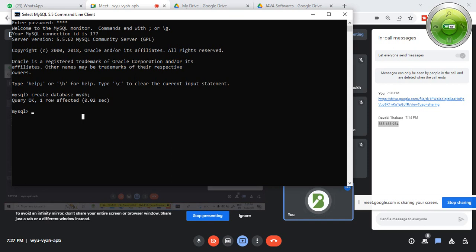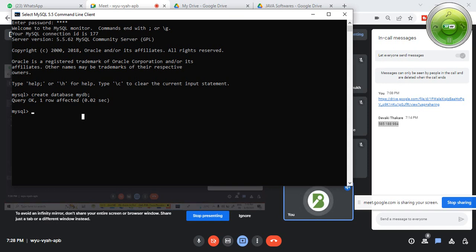Are you getting me, guys? Are you clear? Yes, sir. Okay, now so we want to create a database. How we can create a database? By using simple SQL command, that is create database name.